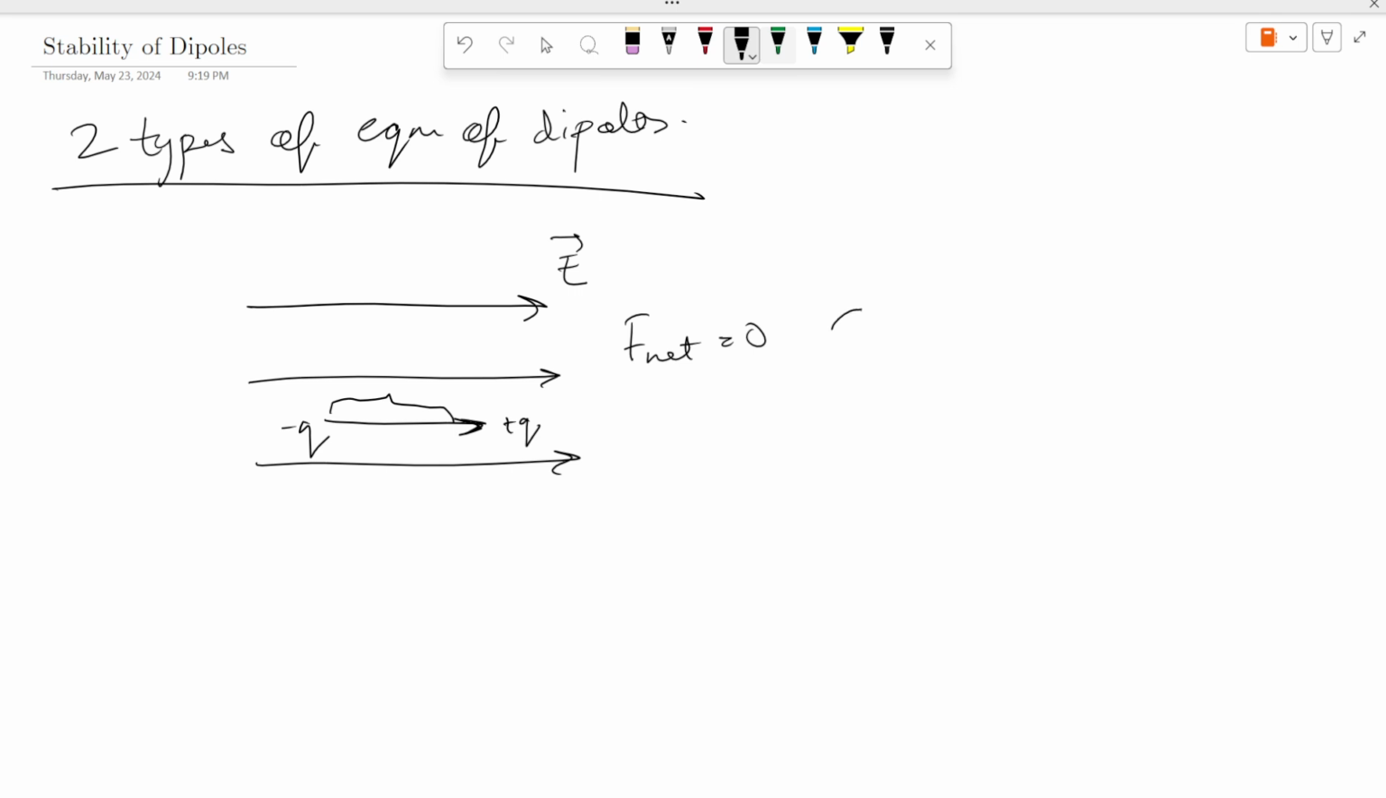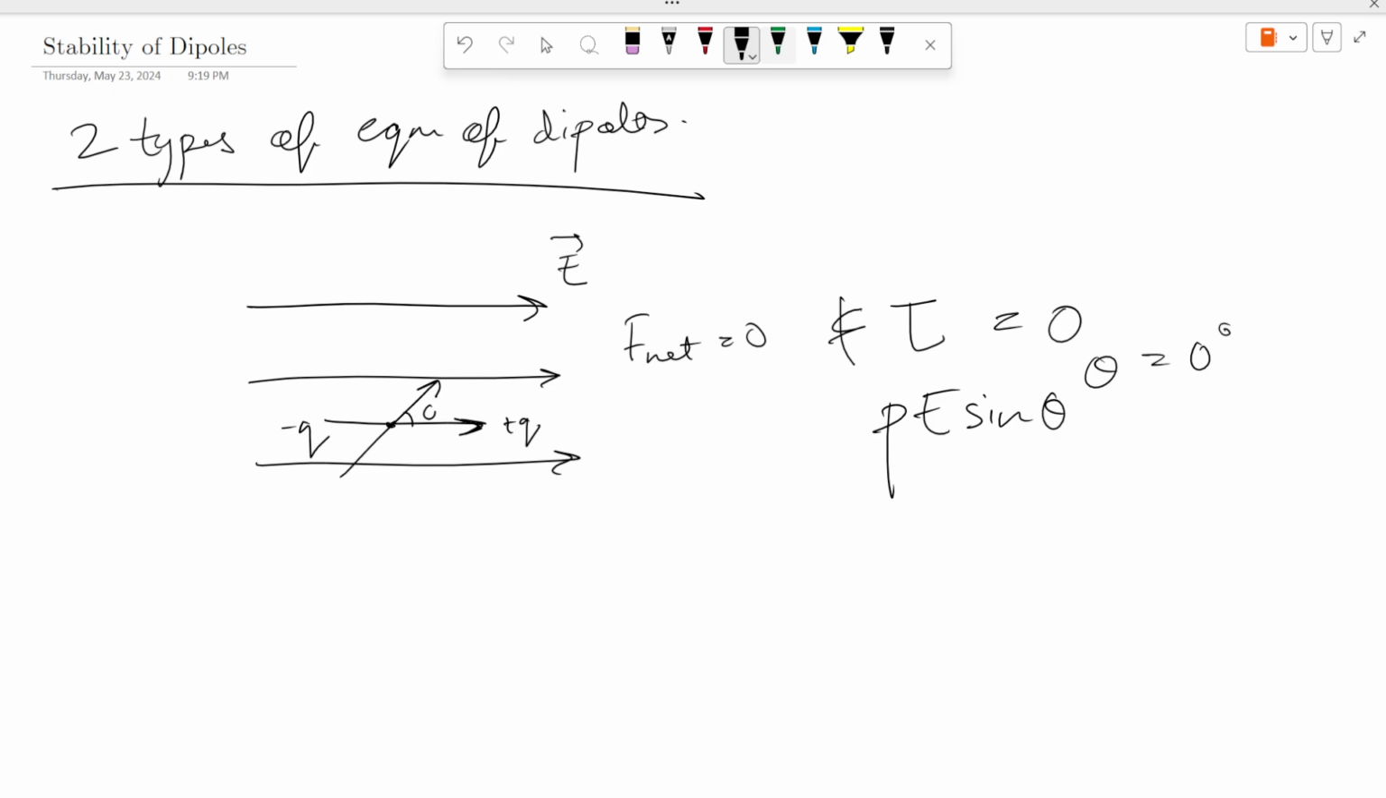And the torque is also 0 because PE sine theta is 0, because theta in this case is equal to 0 degrees, or basically the perpendicular component of the dipole moment, which is perpendicular to the electric field, is not present in this scenario. So yes, now moving on, if we rotate this dipole